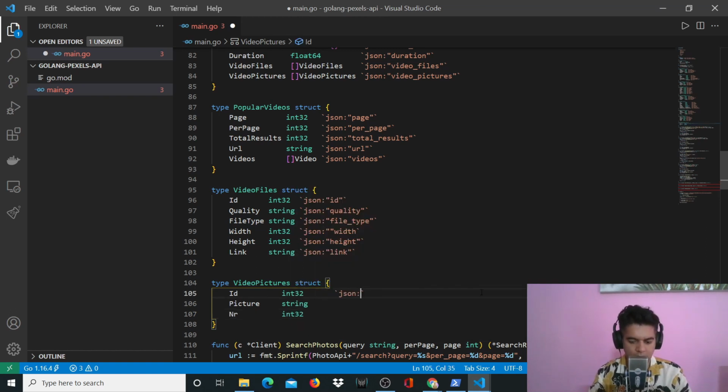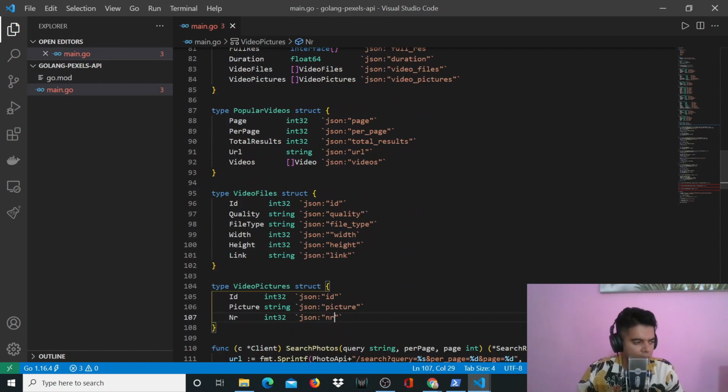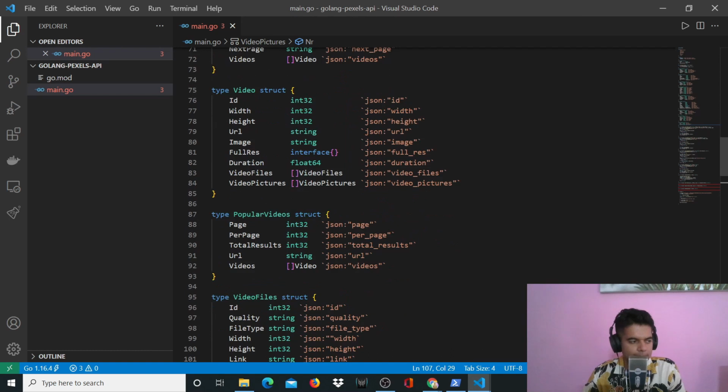Here we'll say JSON ID, picture, and number. So all of our structs are complete,